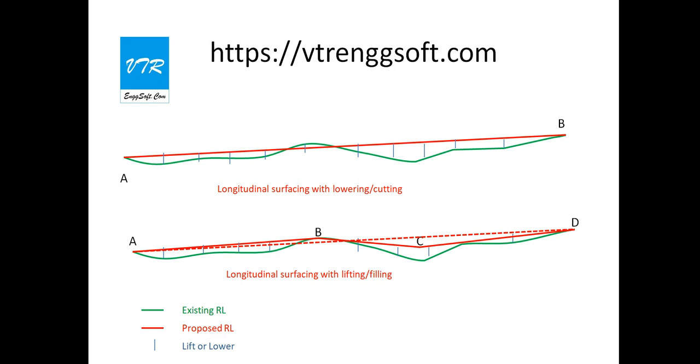So instead of connecting B and D straight away, here you want to restrict it. There will be the plane BC and CD, and at the point of C, the lifting will be restricted to 30 centimeter. And wherever the change of grade is there, the smooth connection is ensured by